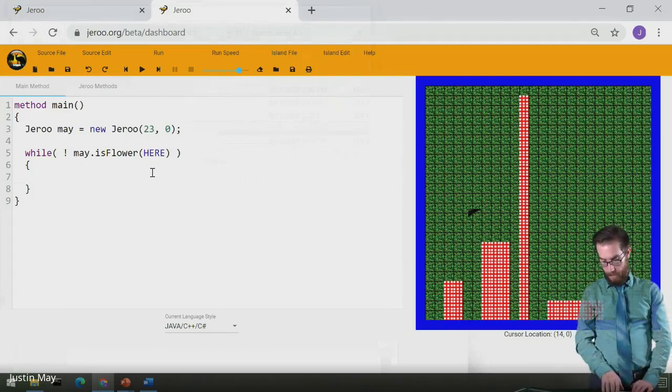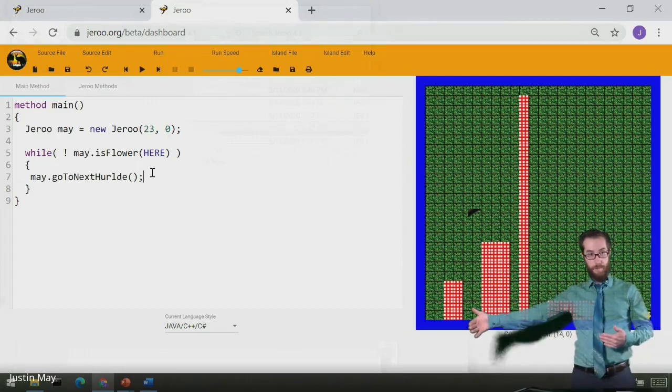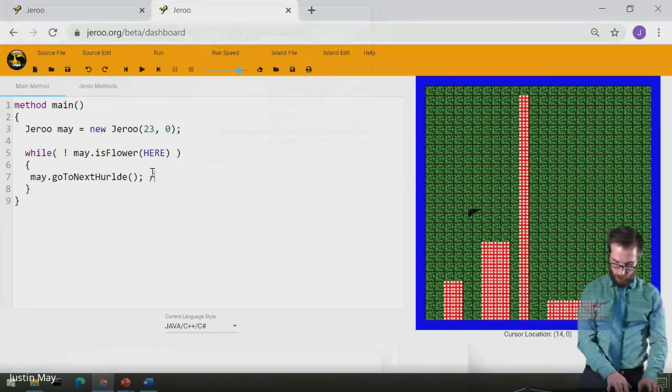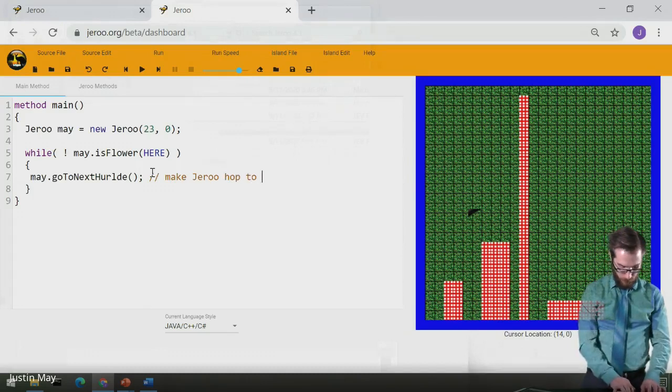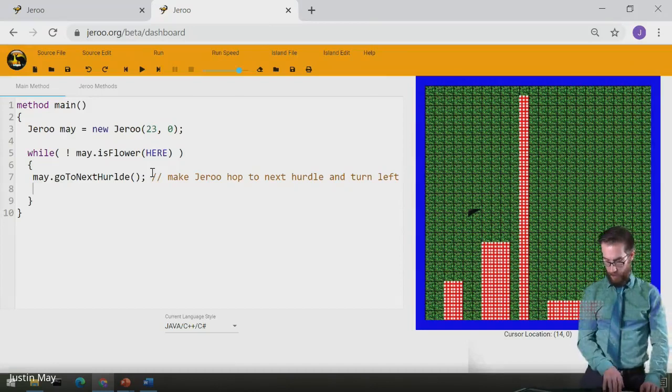using while loops. So while you're not at the flower, we're keeping that. We're going to say may dot go to next hurdle. So this method, when you call this, your Drew would hop until he gets to a hurdle. Okay. And then he would maybe turn to face up. So this would make Drew hop to next hurdle and turn left. So he's facing up. So that would tell me I want to go to the next hurdle, and then I want to